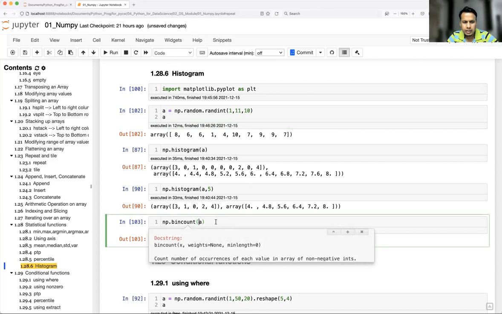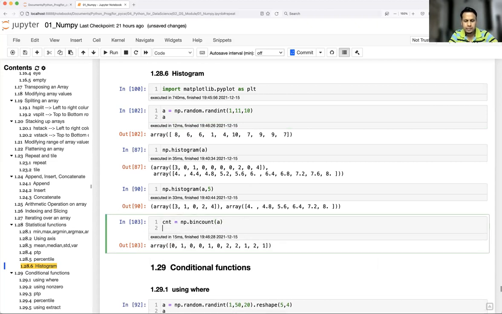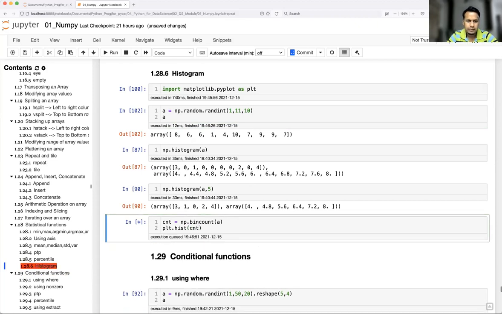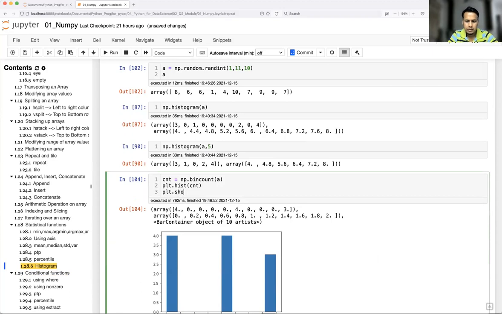Don't worry about this. It counts the number of occurrences of each value in an array of non-negative integers. Let's say I'll store this as cnt and then plt.hist of cnt, then plt.show.